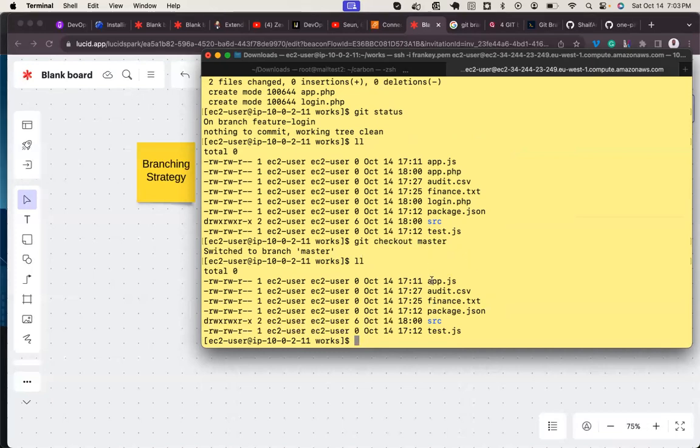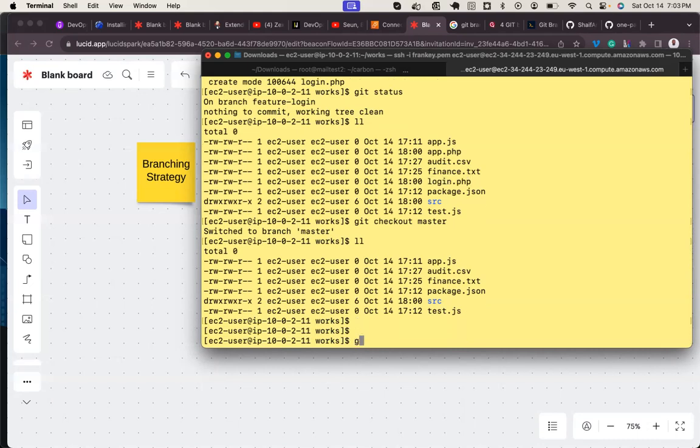You see that I no longer have those files because those files were not created in the master branch. They were created in a different branch. App.php, login.php. They were created in what? In the feature login branch. Let me switch to dev branch.